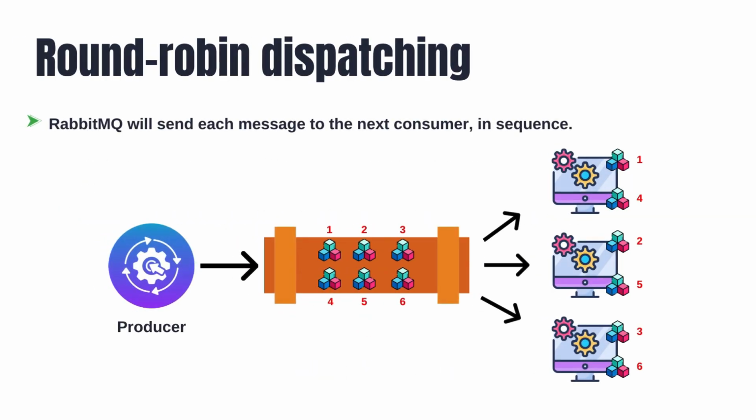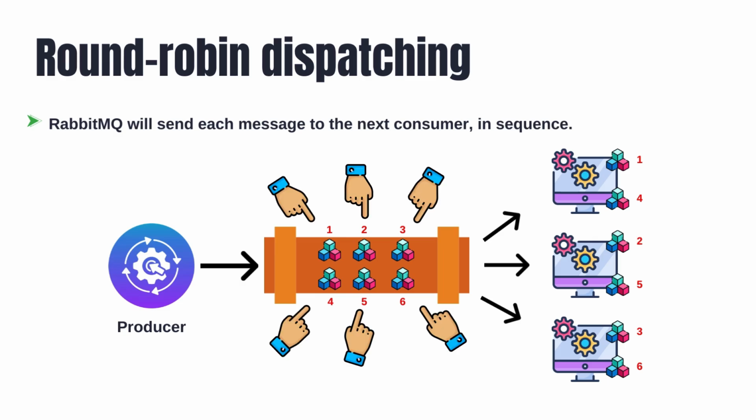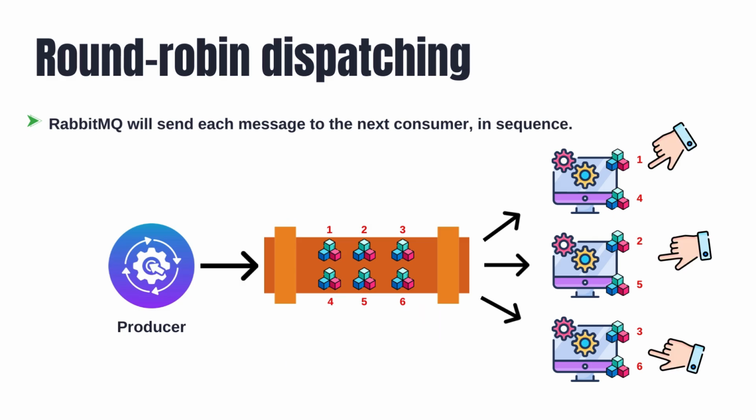There are two ways that a task will be distributed across the workers. The first one is a round-robin fashion. So RabbitMQ will send a message to the next worker in the sequence. Here, in the example, the producer sent out 6 messages to the queue. And on the other side, we have 3 consumers. And if we follow the round-robin fashion, the first and the fourth messages will be distributed to the first consumer. The second and the fifth messages will be distributed to the second consumer, and the rest will be distributed to